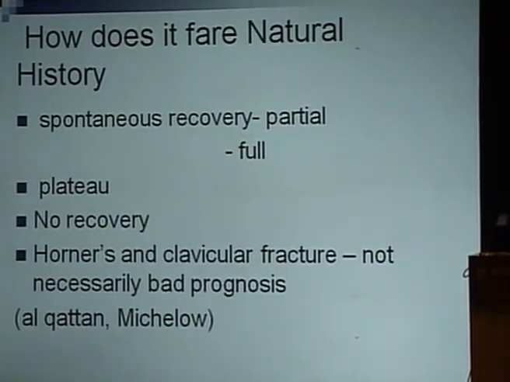In a Horner syndrome and a clavicular fracture, please remember, in a young child, the prognosis is not necessarily as bad as it would be in a